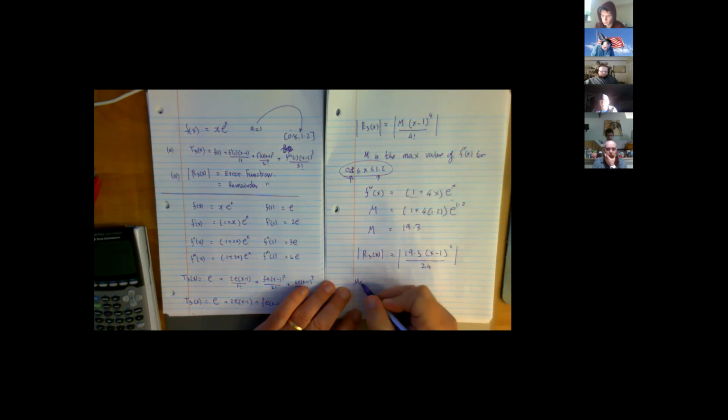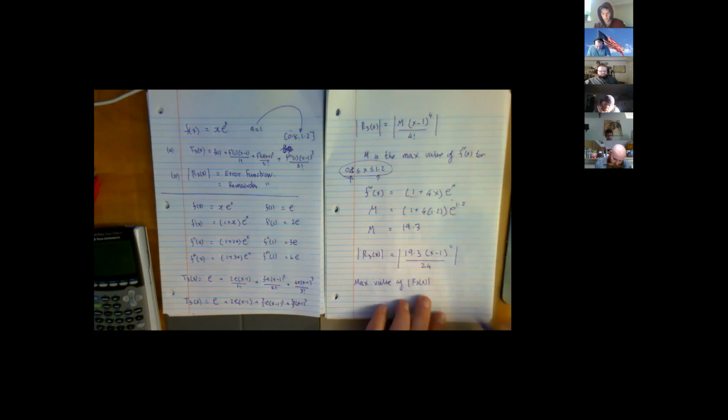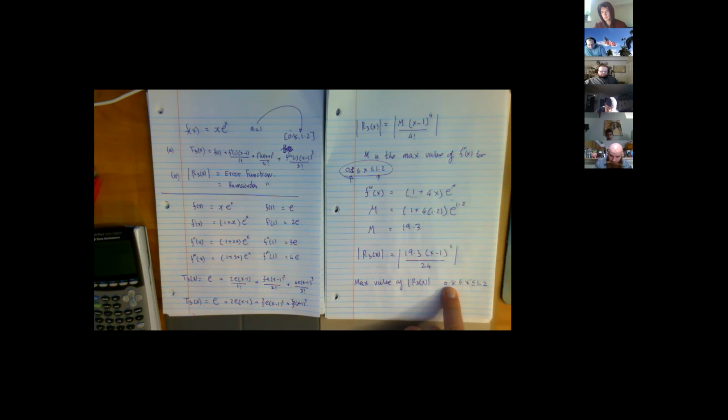And we are being asked to find the maximum value of this remainder error function. And it has to be in the same range as here. Right, that's a number, that's a number. This has got some x's in it. What value of x is going to generate the biggest answer if x can only be in this range here? Or at least tell me how I can find it.